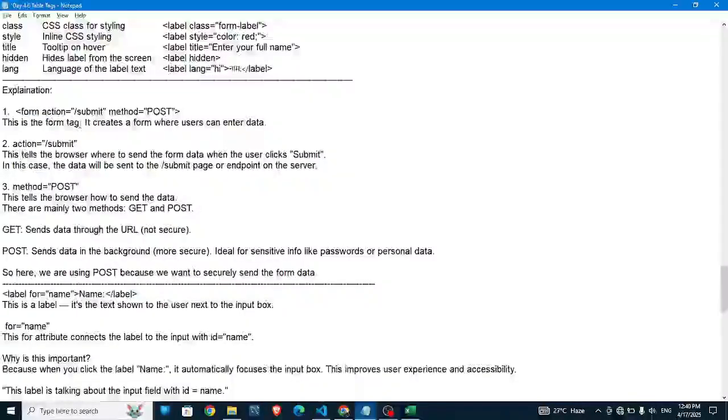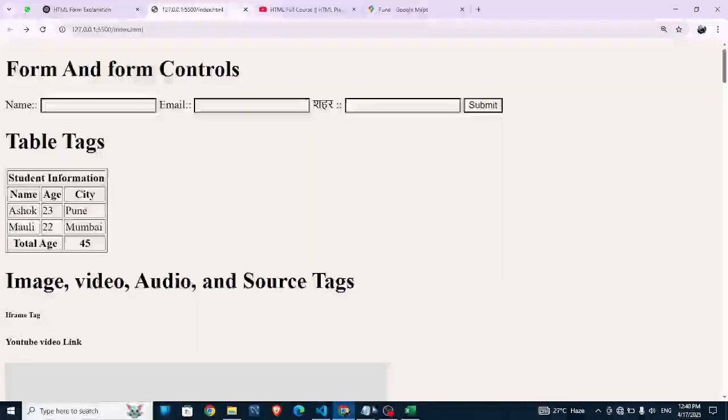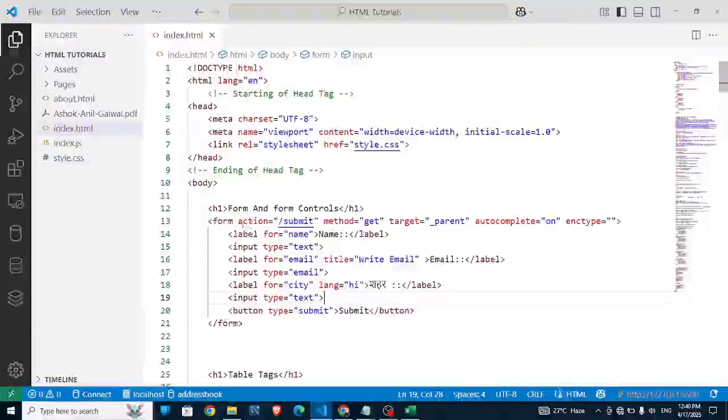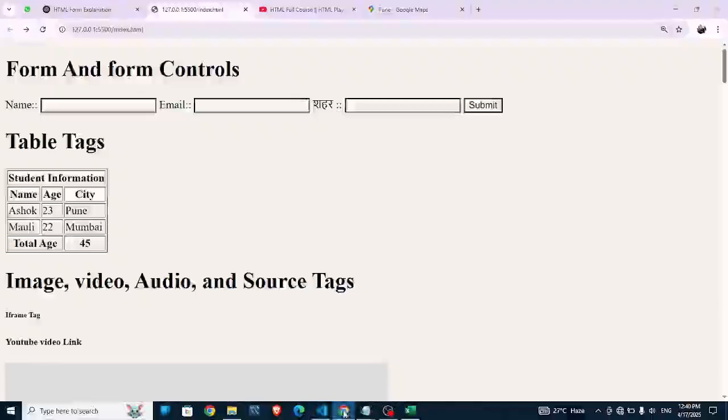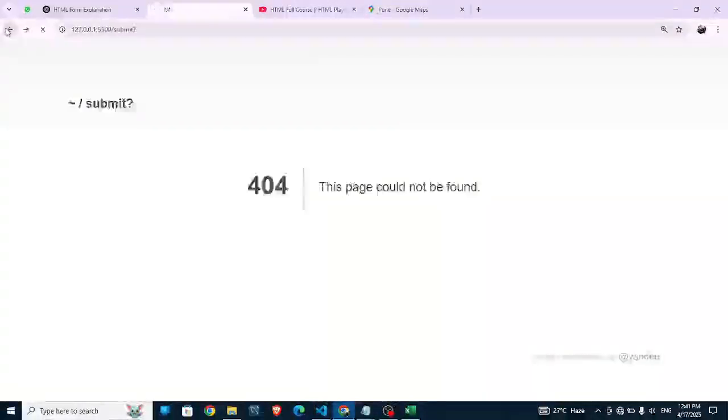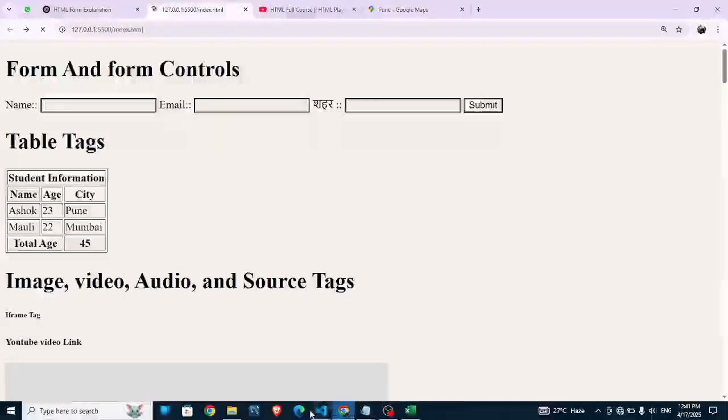Form attribute. This is the form tag. It creates a form where the user can enter data. Submit action tells the browser where to send data when the user clicks on submit. ये जो एक्शन बटन है यहाँ के सबमिट बटन के लिए काम करता है। जब यूज़र सबमिट पे क्लिक कर देगा तब ये यूज़र ब्राउज़र को बता देगा कि ये डेटा सेंड कहाँ करना है।